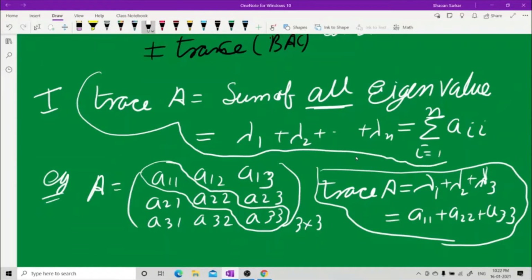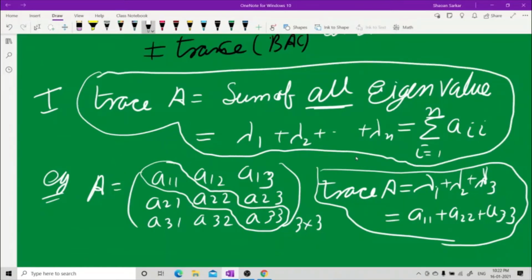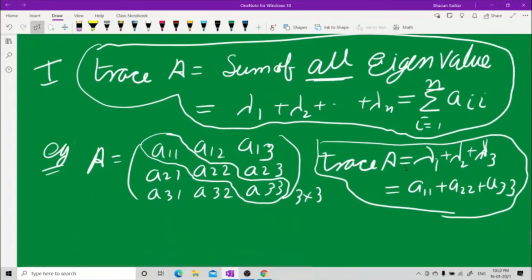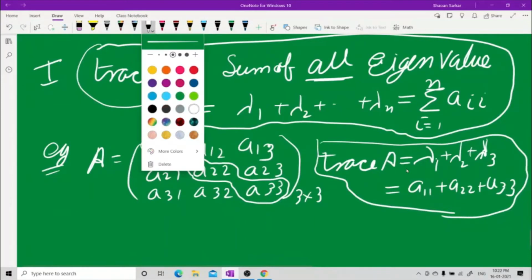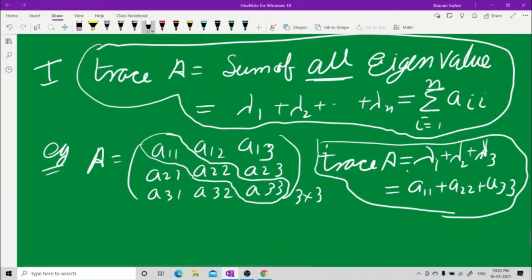Though you have only 2 cross 2 and 3 cross 3, remember one thing here. Wait, just a minute. Let me make it more clear. This is trace. So here, do not confuse. Since I have written caution, caution,